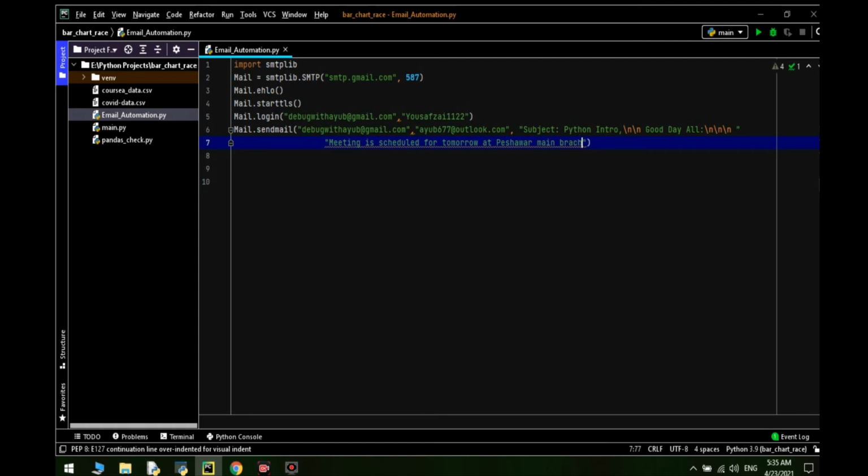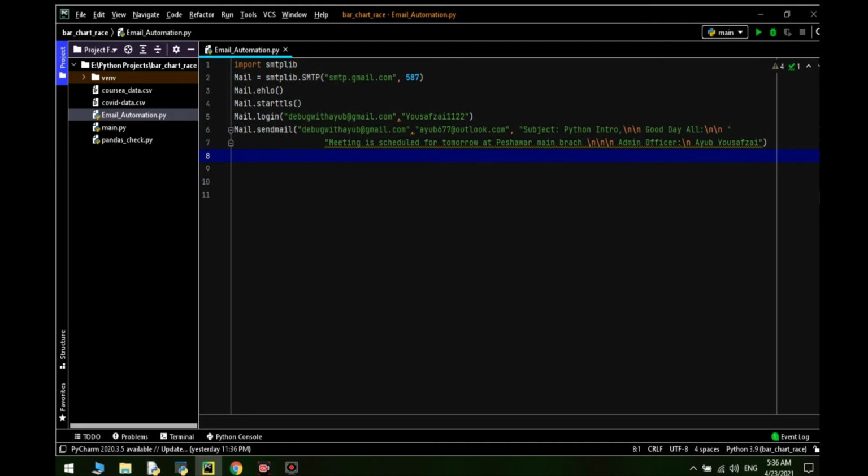Now \n. Then in regards, I will write here admin officer, colon, \n, Ayub Yusufzai. I am using these \n just to format the message body to look better.